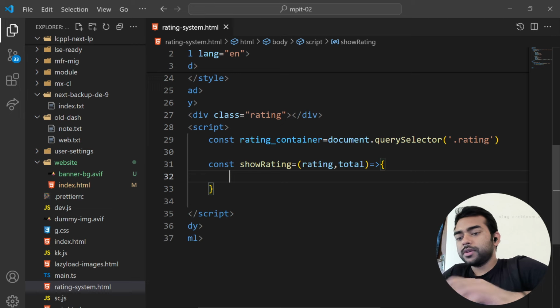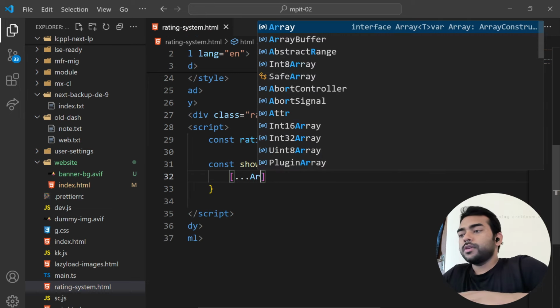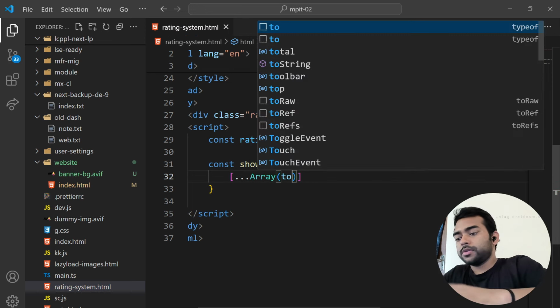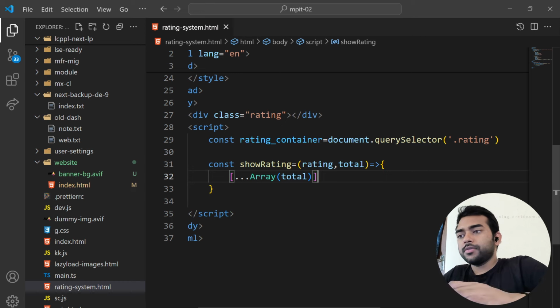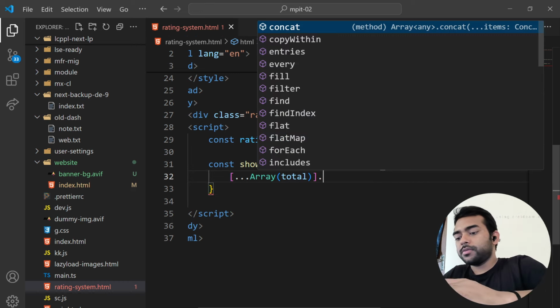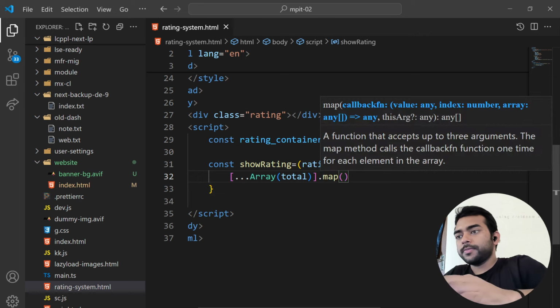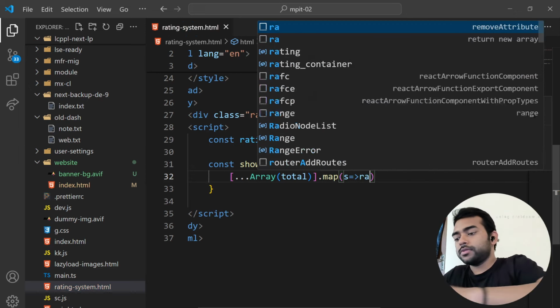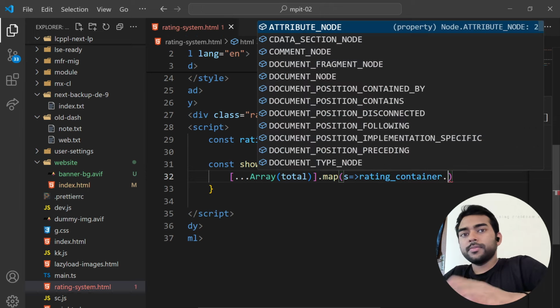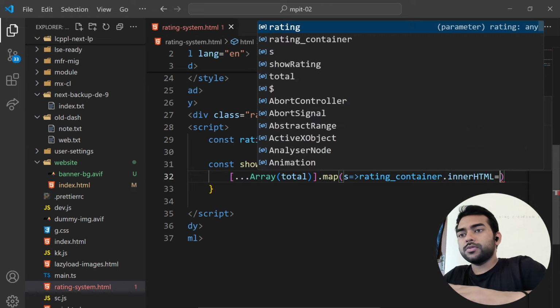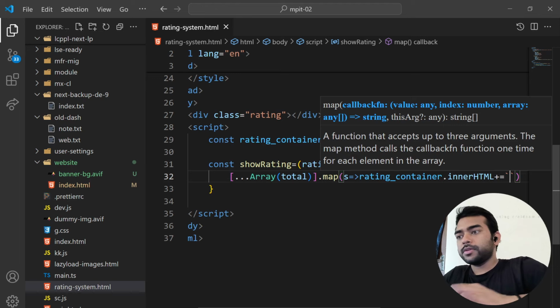So for that, instead of a for loop, I'm just using an array and passing the total here, and it will create 5 blank arrays. So we can use map or forEach, and I'm using map here for the star. And what I will do is, for the rating container, dot innerHTML plus equal to, we pass the first format it